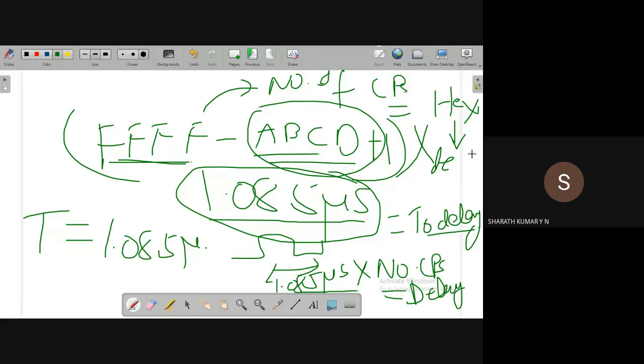If, for example, you ask how many mobiles you have, we say 1, 2, 3, we don't specify a hexadecimal value. So convert the hexadecimal into decimal and multiply with the time period of one machine cycle, which is 1.085 microseconds, which gives the delay.